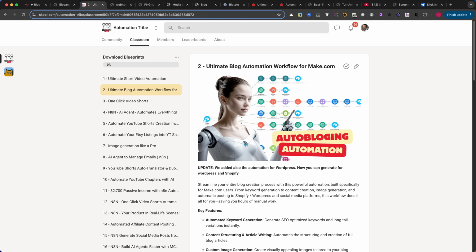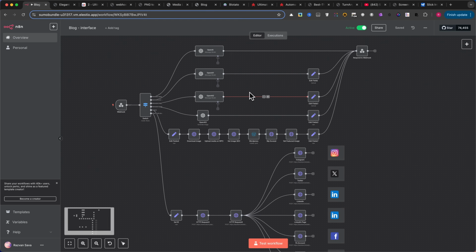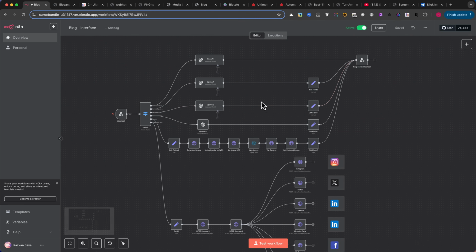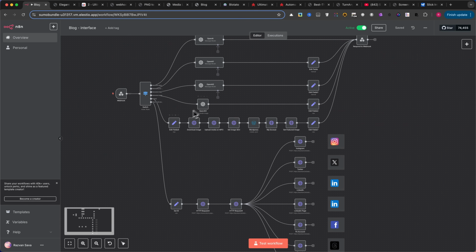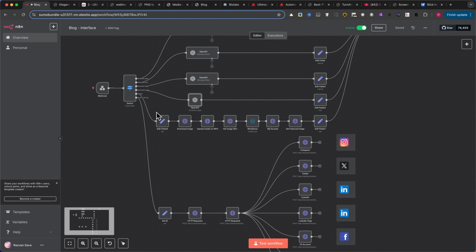But here's where it gets interesting. This automation suggests 10 blog post ideas based on a keyword or topic. You can easily add images, links, and even edit the text manually if needed. It also generates a thumbnail image for you. When you're ready, you can publish the post on your WordPress site, and with just one click, share it across